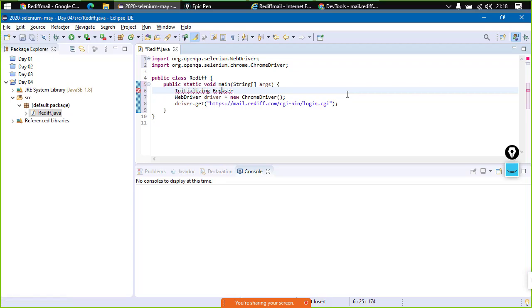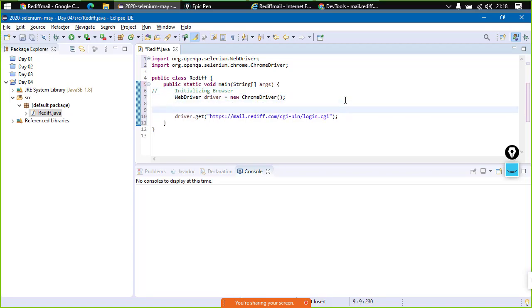So over here, I typed something, I would like to add a comment, a single line comment, control// on that particular line. And as you guys can see, that comment has been added. Now say opening Rediff login page, right? Done.